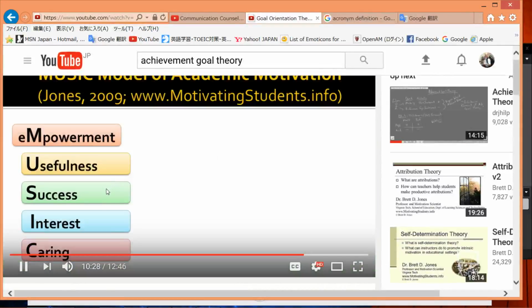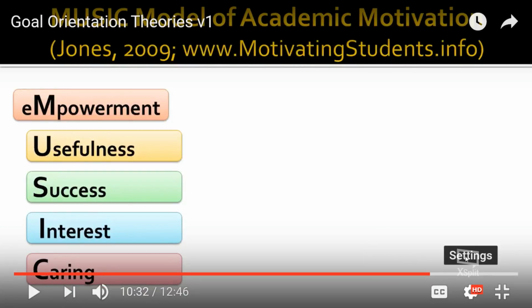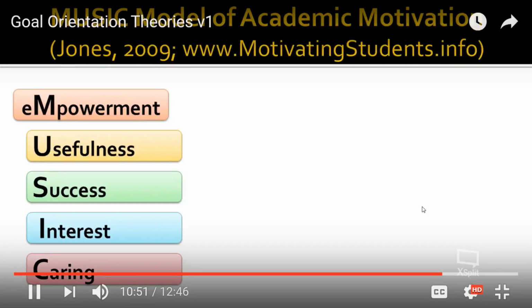The MUSIC model of academic motivation provides key motivation principles for instructors to consider when designing instruction. This model is based on an analysis of many motivational theories. A more complete explanation of the MUSIC model is provided elsewhere, such as in Jones 2009 and at the motivatingstudents.info website. However, it's helpful for instructors to consider how this model relates to the instructional strategies that can promote a